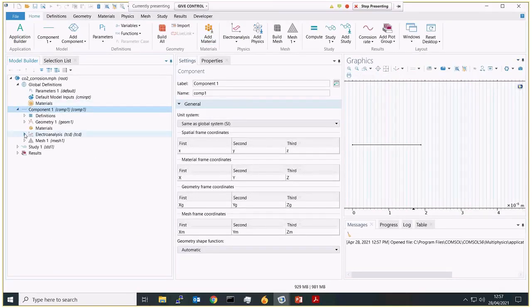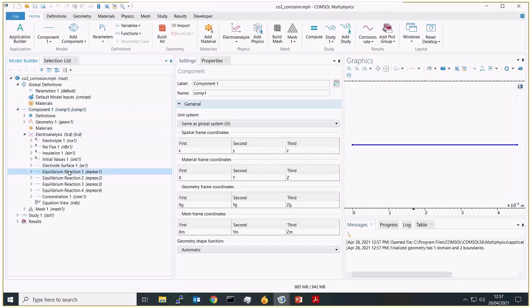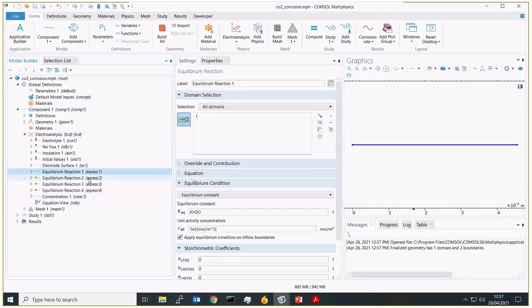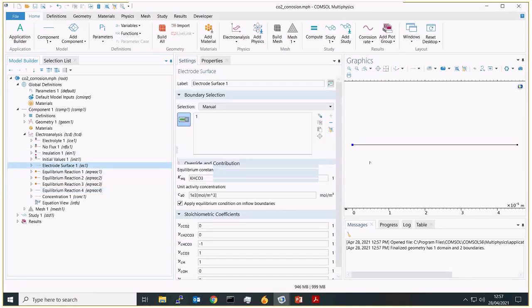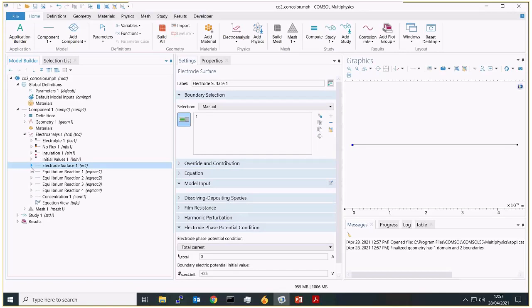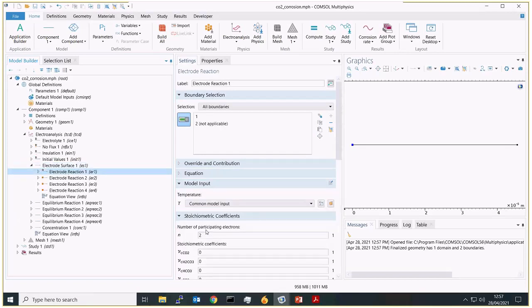What it's doing is simulating the equilibrium reactions for our water, for the dissociation of our CO2 and carbonate species, and then at the surface here we have our iron reactions as well.